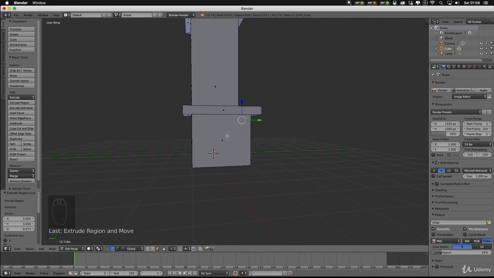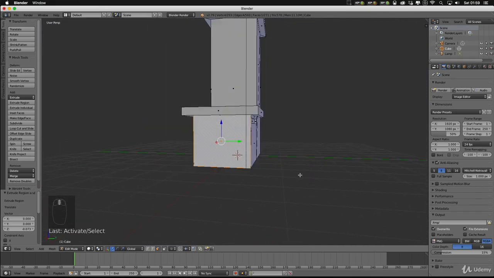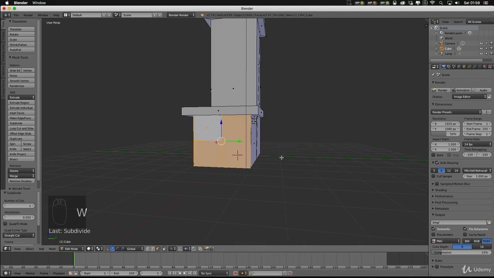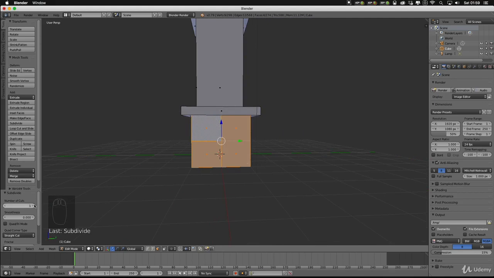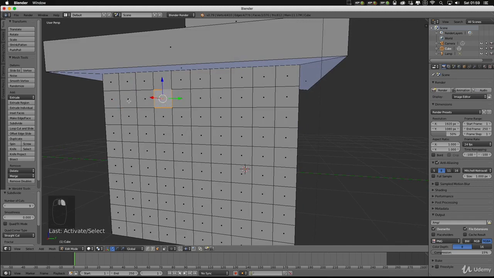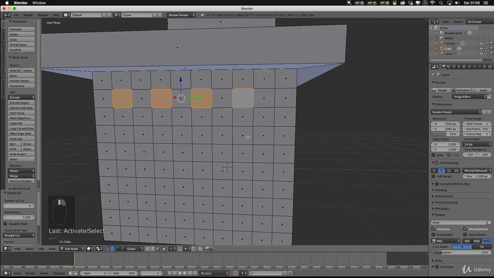So I'm going to put some more windows on this one as well. I'm going to subdivide this section. So W to subdivide, so that's giving me 4, let's just up that to 9 again, and I'm just going to select, so shift and right click to select every other window or every other face.